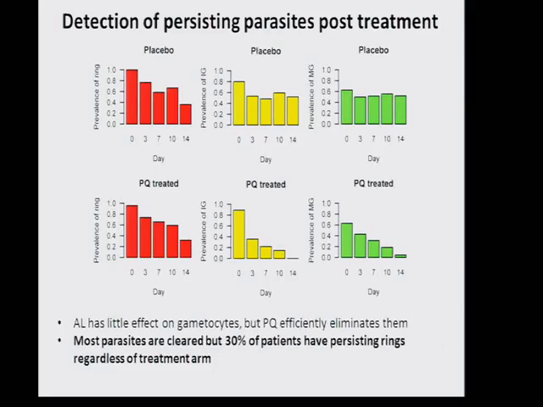Both artemisinin-lumefantrine alone and artemisinin-lumefantrine plus primaquine treatment do not completely knock down the parasites from the population. So about 30% in both arms, each arm here that we analyzed being a cohort of 25 people, still have circulating asexual rings in the blood 14 days after initiation of the treatment. So this is quite surprising and suggests that there's a subpopulation of persisting ring stage parasites in a subset of